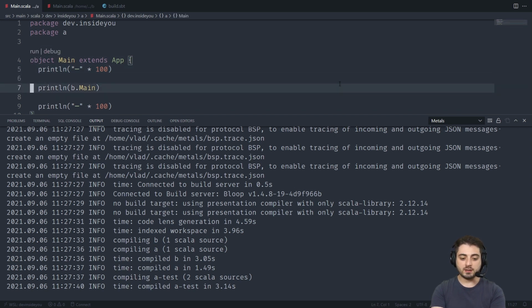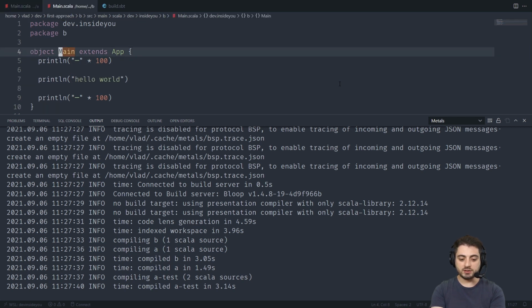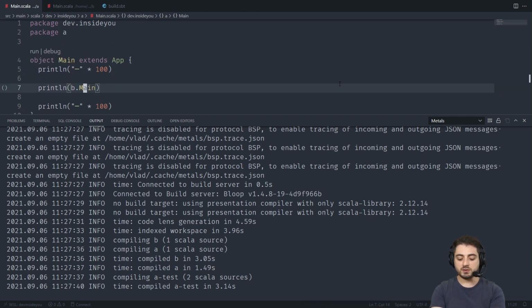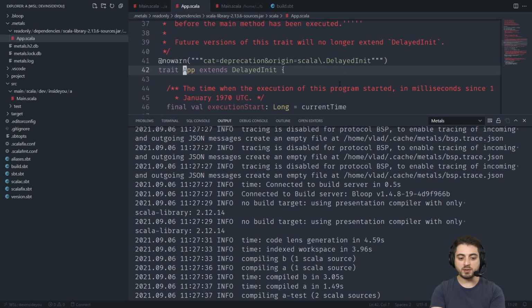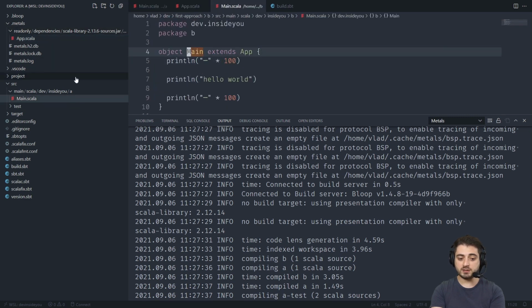There's our lens. So now we should be able to see the types, right? There's B, there's main. We can jump in there. We can come back. However, look, notice that usually when you jump into some dependencies, for example, let's jump into something like app, it actually opens it in read-only. However, if we jump into main, it is actually our stuff, right?